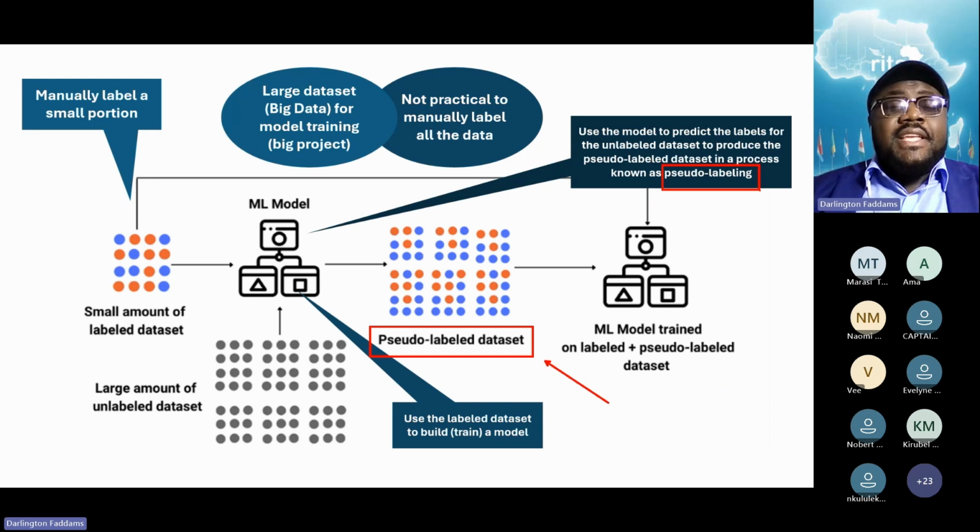So we give our unlabeled data to the model we have created, and then the model will make predictions for us. But watch what happens. When that prediction is made, we save the answer and attach the answer to the unlabeled data. And so the data that was unlabeled now has a label. But watch this. This label came from a model that we are still training. So we call it a pseudo label.